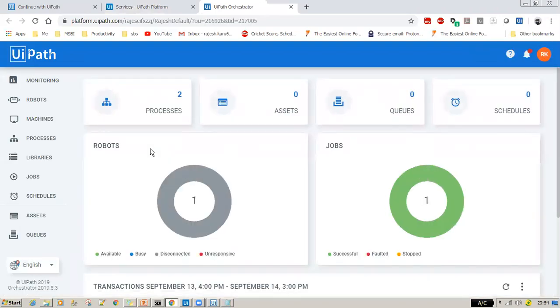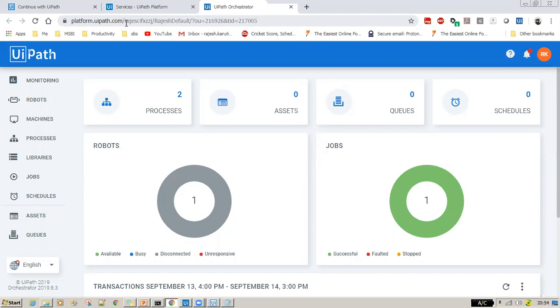This is the endpoint URL for your Orchestrator screen. If you look at the top of the navigation, it shows platform.uipath.com/ this Rajesh and default. This is your URL. In your organization you won't see this name, platform.uipath.com, as I told you, it's organization specific.